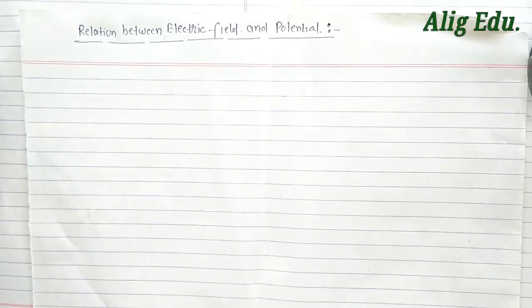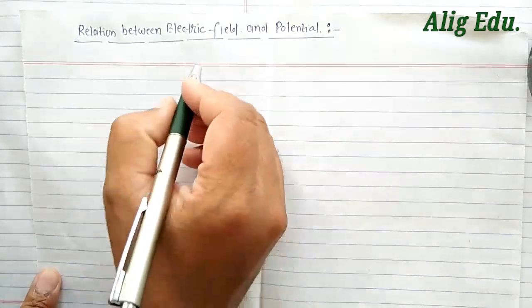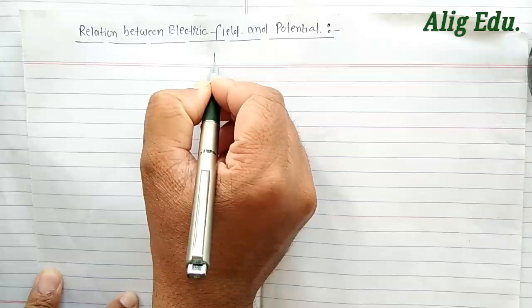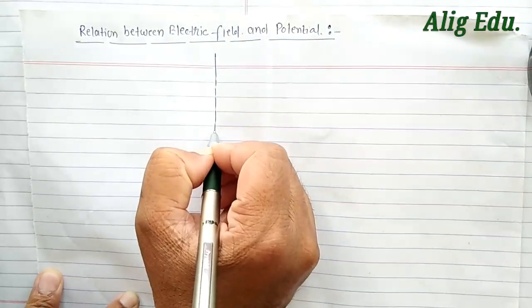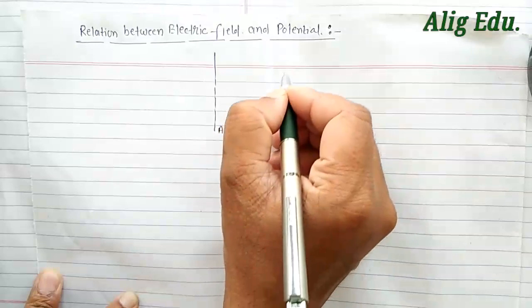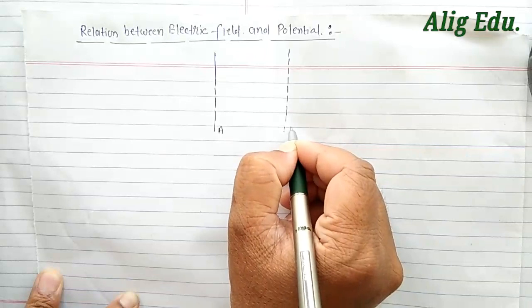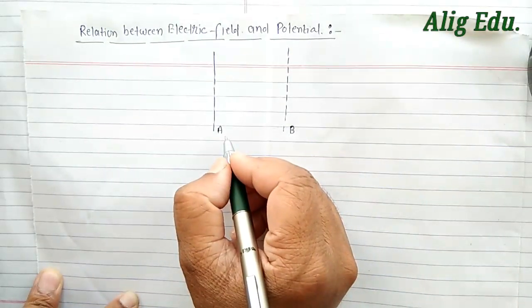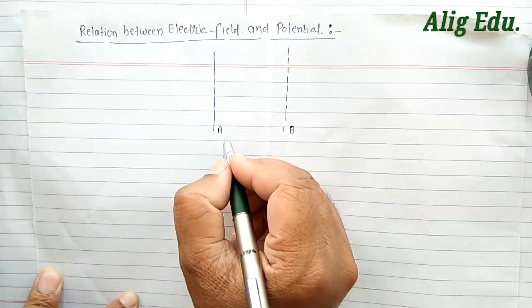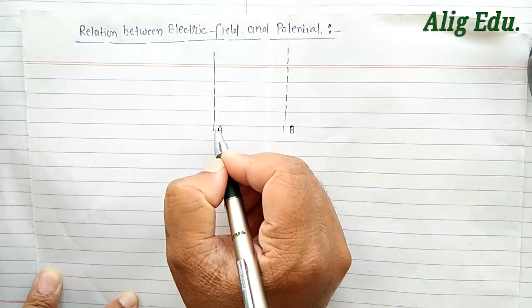So the next derivation which we are going to discuss is the relation between electric field and electric potential. For this derivation, let's consider two equipotential surfaces A and another equipotential surface B. Equipotential surfaces are those surfaces at which the potential remains the same, meaning the potential on this surface A